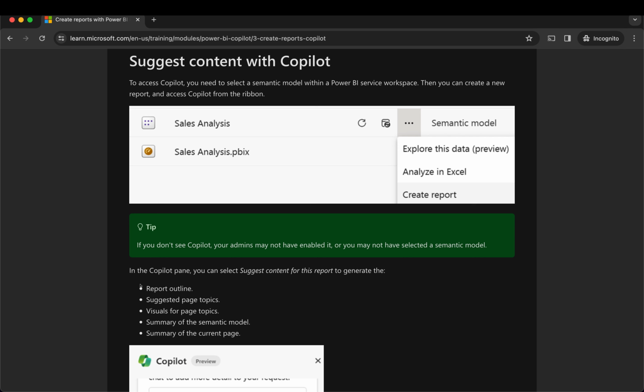Suggest content with Copilot. To access Copilot, you need to select a semantic model with a Power BI service workspace. Then you can create a new report and access Copilot from the ribbon. Tip: if you don't see Copilot, your admins may not have enabled it, or you may not have selected a semantic model.